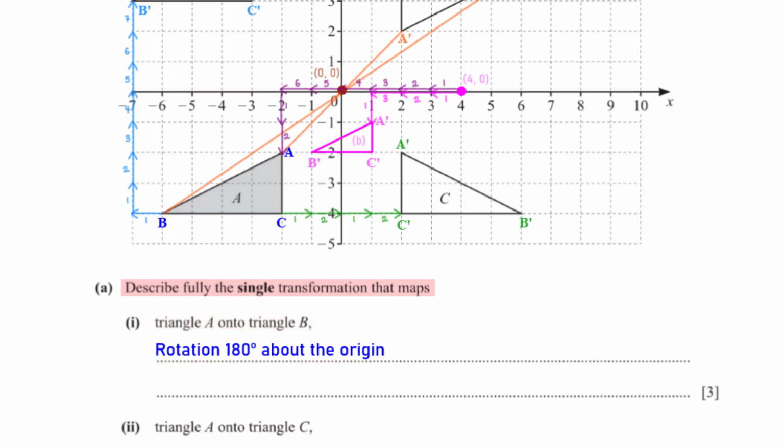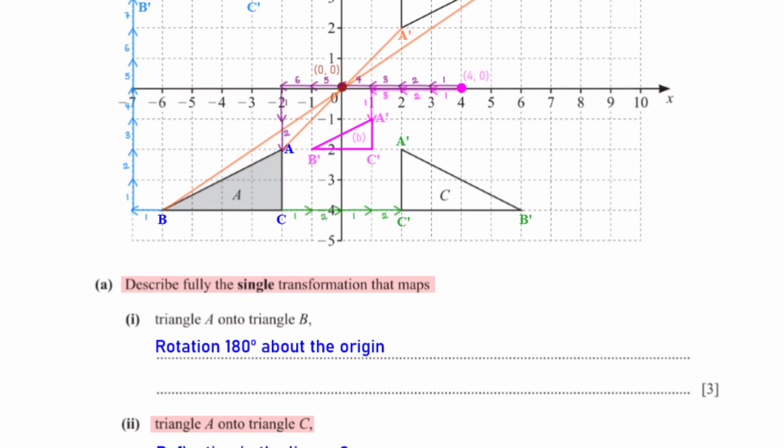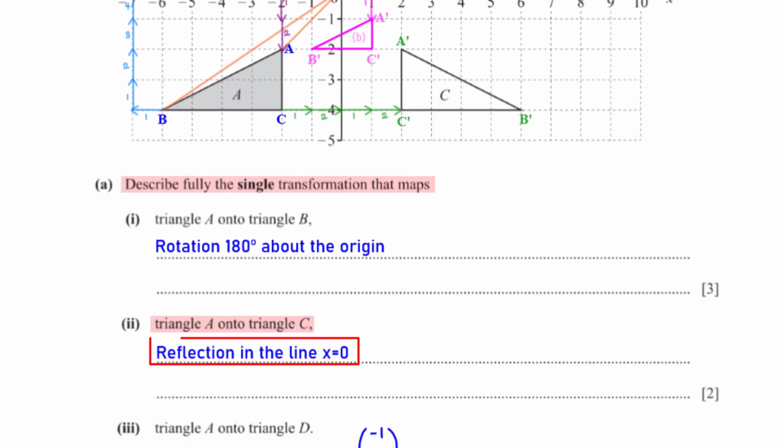Describe fully the single transformation that maps triangle A onto triangle C. When we look at triangle A and its image triangle C, we see that triangle C is a mirror image of triangle A in the line x equals 0 or the y-axis. And so the full description for the transformation would be reflection in the line x equals 0 or reflection in